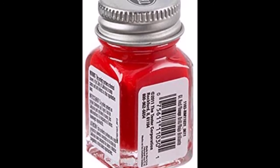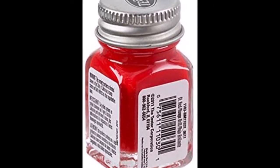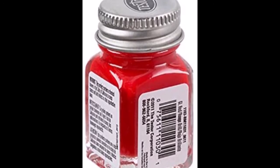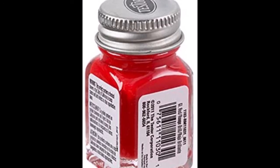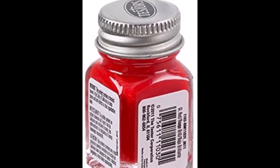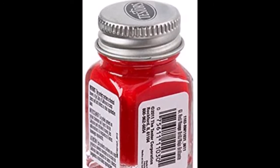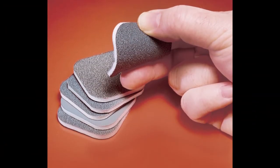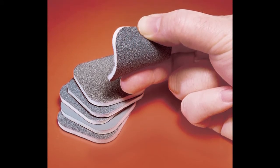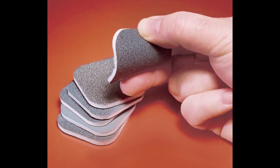It makes a very nice candy apple red, very similar to the actual color on the Torinos, and to me it's close enough. Again, I thin it with lacquer thinner as always and do my usual spray technique, and it actually goes on pretty smooth and looks pretty good. But then I let it sit for about a week to cure properly, and then I start with a 1200 grit